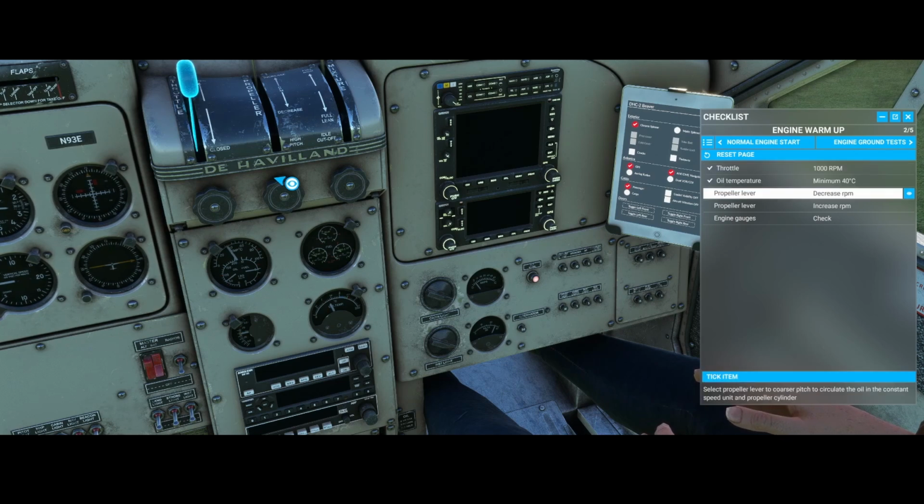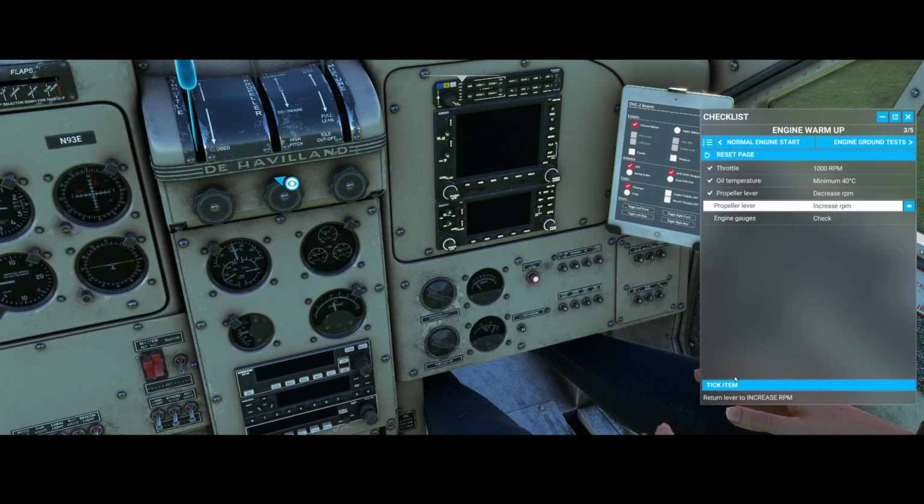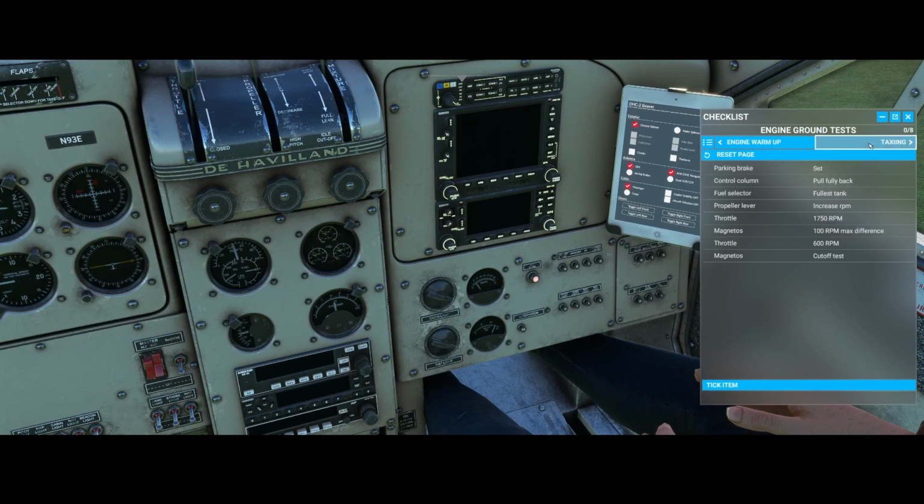Then it says, okay, decrease the RPMs. So you need to decrease it. And then increase it again. And that's to simply circulate the oil in the constant speed unit and propeller cylinder. And you will also see it will result in an increase of the temperatures. So simply do it a few times, and then if you're happy, right, again, perform a final check on the gauges. If they're in the correct position, then you can continue with the engine ground tests, which